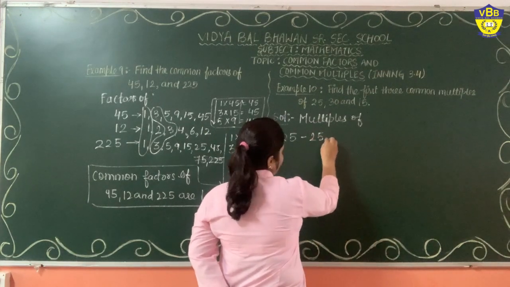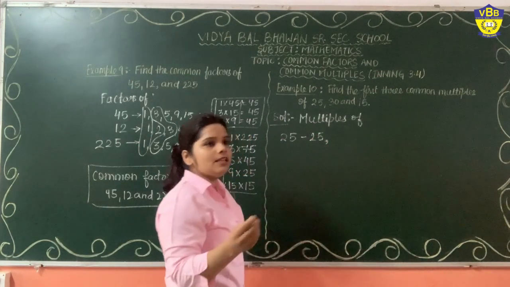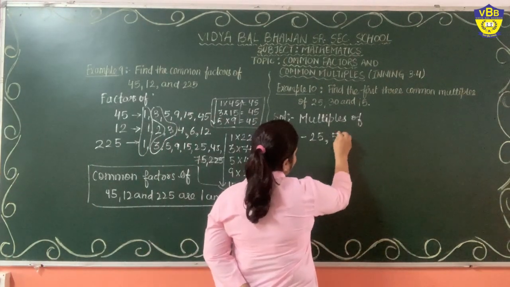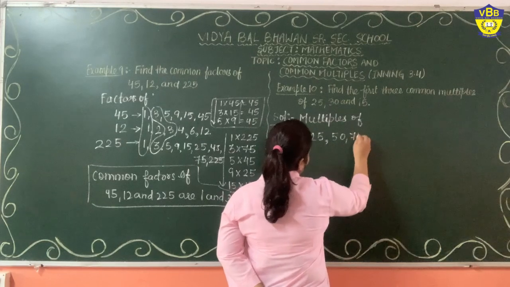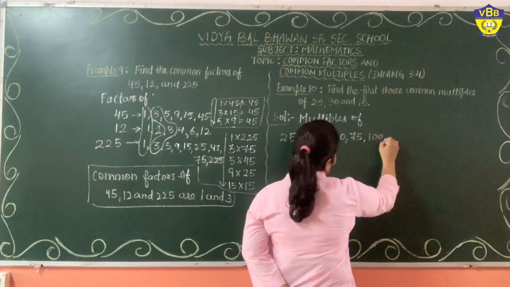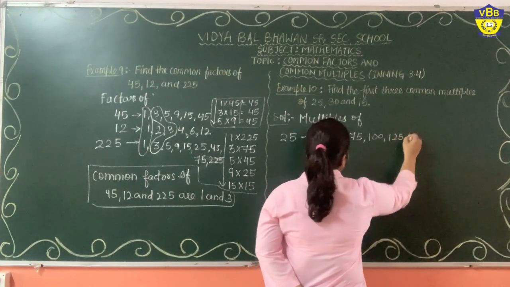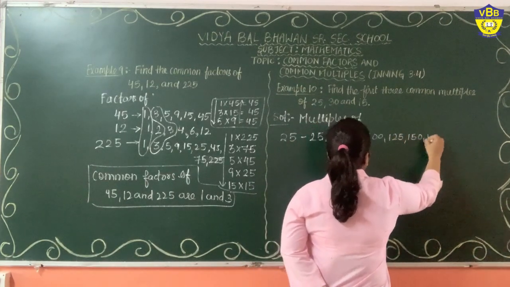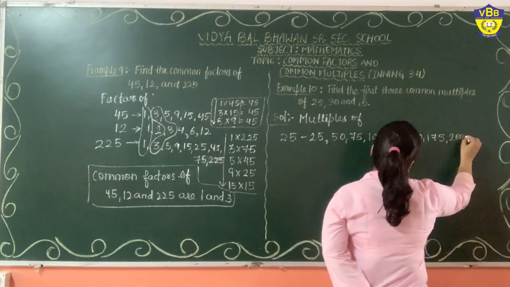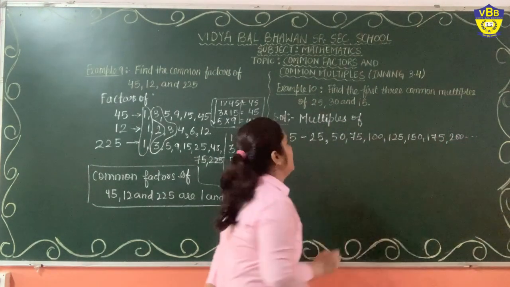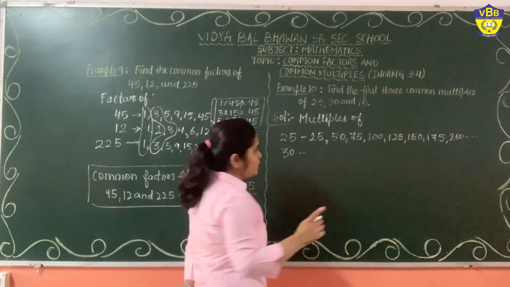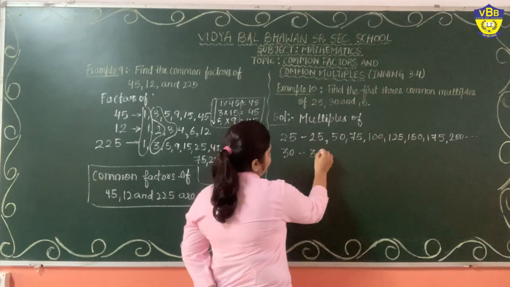25 ones are 25. We are writing multiples means table. We are writing the table of 25. 25 twos are 50, 25 threes are 75, 25 fours are 100, then 125, 150, 175, 200, and so on. After that, write the multiples of 30. That means write the table of 30,